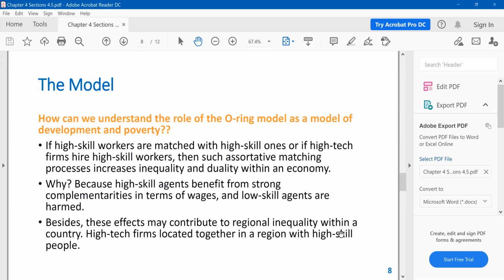Because low skilled guys, if they work together only with the other low skilled guys in the economy, they produce only little. So positive assortative matching would have a tendency to increase existing wage inequalities in an economy, and wage inequality matters a lot